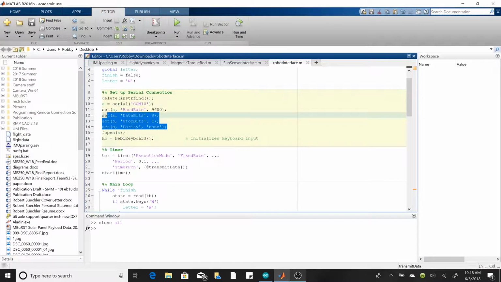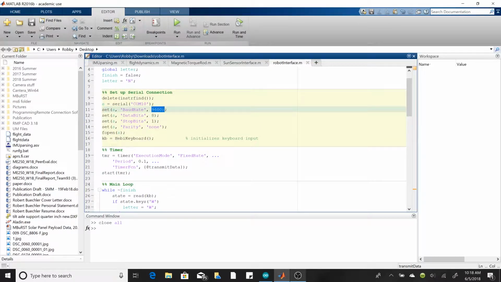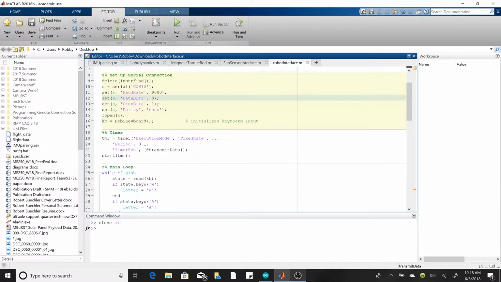These next 4 lines are pretty standard. You probably won't have to change them. They're just initializing things like your baud rate. It's 9600 like we've been using before. You're going to open the COM port that's stored into the variable called S, and then you're going to read in,